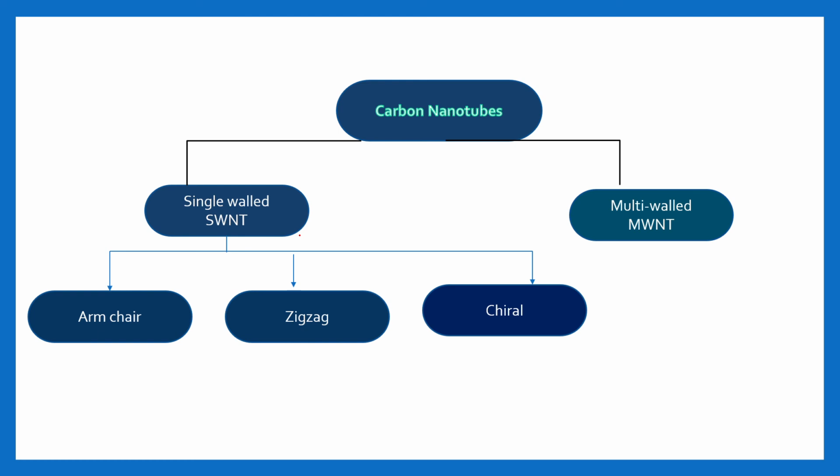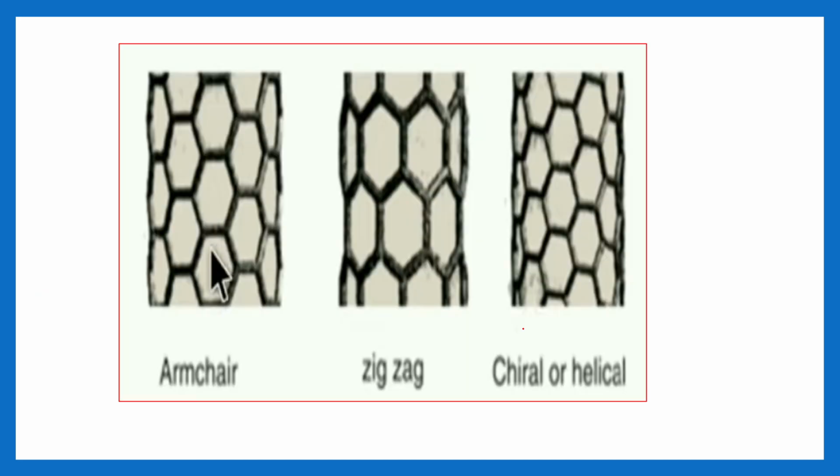If you talk about carbon nanotubes in depth, there are two types, single-walled and multi-walled. We already know. But if we talk in depth, single-walled is of three types: armchair, zigzag, chiral. Multi-walled carbon nanotubes are purely metals, and single-walled are semiconductors also. Armchair and zigzag are not chiral in nature. Only the chiral nanotubes have chirality. This is the armchair.